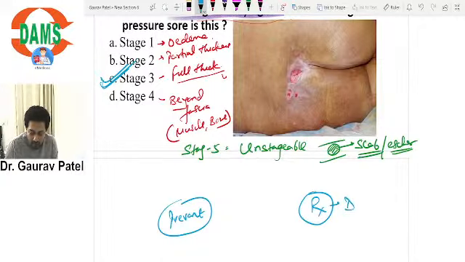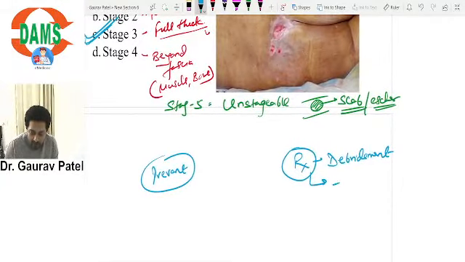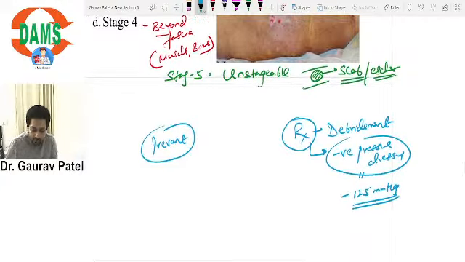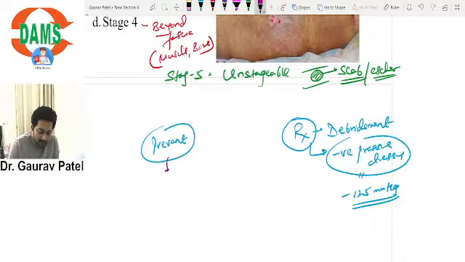Treatment method, you will do the debridement. You can give a negative pressure dressing. Negative pressure wound therapy, in which you will apply the pressure of minus 125 millimeters of mercury. Prevention,